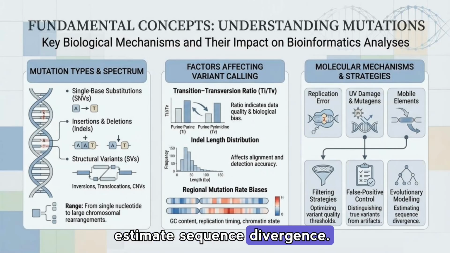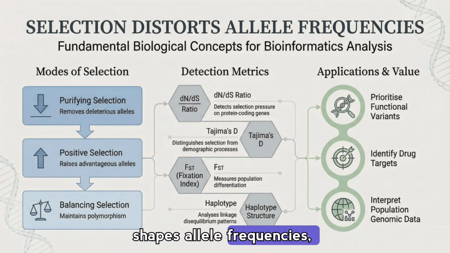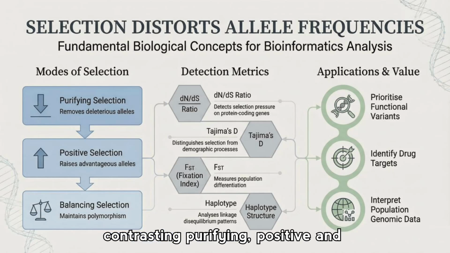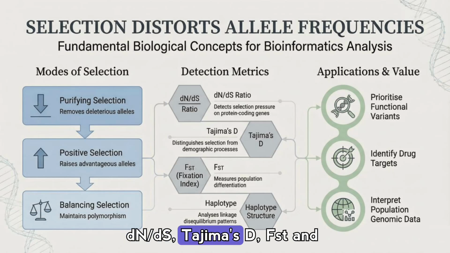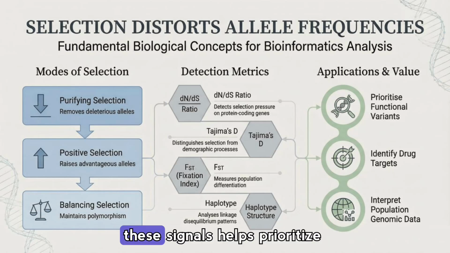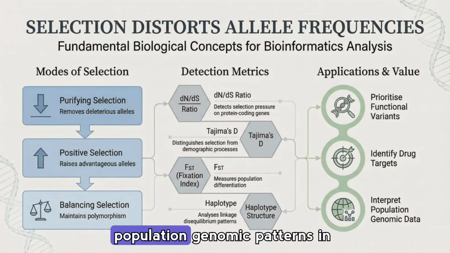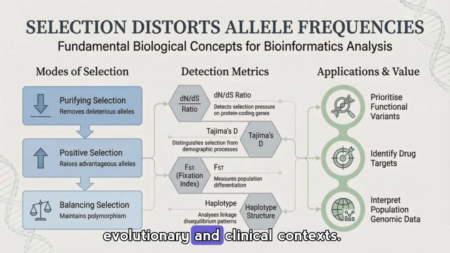estimate sequence divergence. This slide explains how selection shapes allele frequencies, contrasting purifying, positive, and balancing selection, and shows common detection metrics like dN, dS, Tajima's D, FST, and haplotype structure. Understanding these signals helps prioritize functional variants, identify potential drug targets, and interpret population genomic patterns in evolutionary and clinical